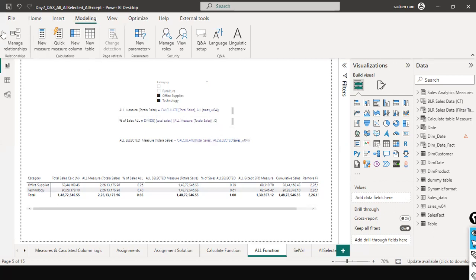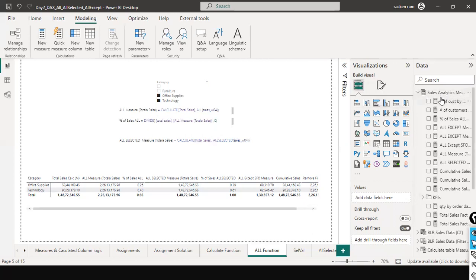But it is always good to create a dedicated table to hold all the measures in a single place, so that once you open your report file, and you find any issues, if you want to do some troubleshooting, or work with specific measures at a later point in time,